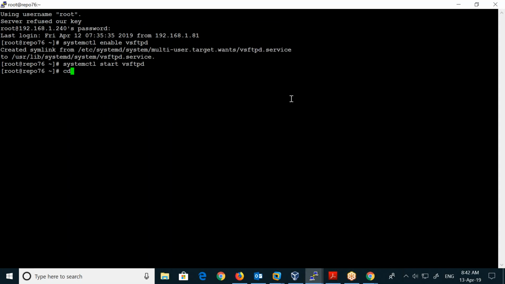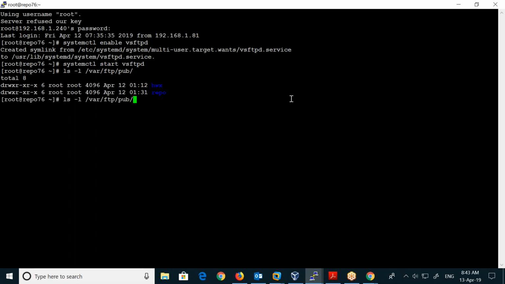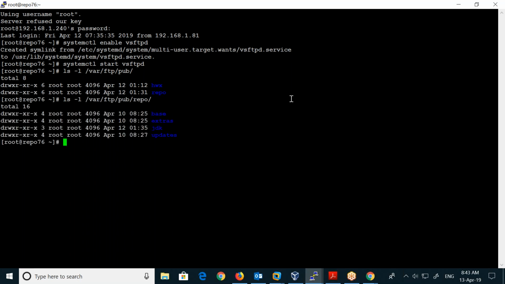So let me do an ls -l slash var ftp pub, right? Here if you look, I have a repo, let's say repo from which all my repositories are coming. So what I will do is I will copy this repository to the path var www html recursively, right? I will do a cp -r here. I will copy it recursively to that repo path. Let's say any name, whatever you want there. I can copy it there, and then what I will do